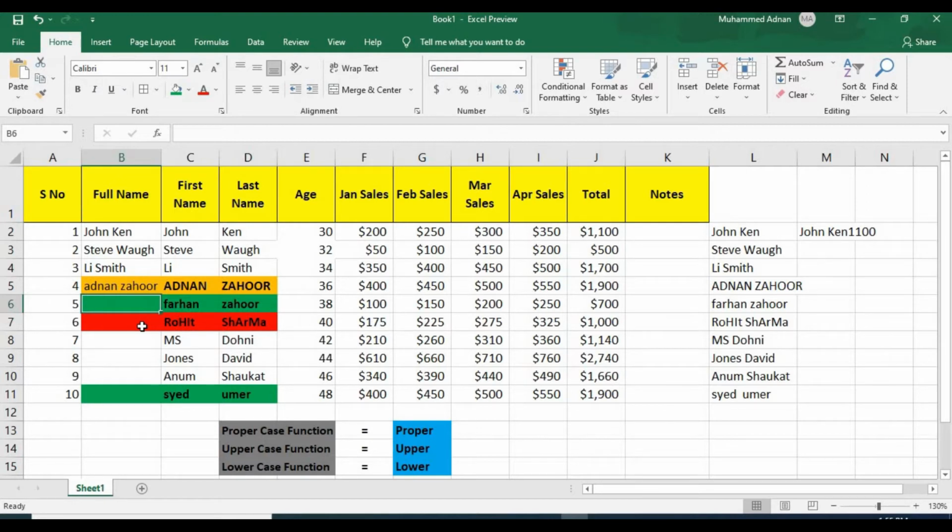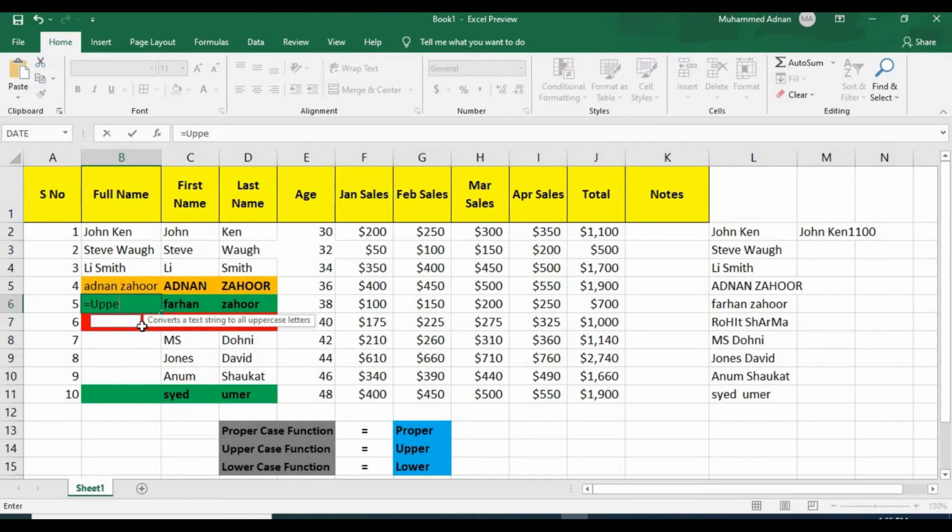So once again we will type equal to upper, then open the bracket, then select the cell, then once again press Shift 7 for the & sign, then quote, space, quote close, then select another cell with the & sign, select this Zahoor and then close the bracket.